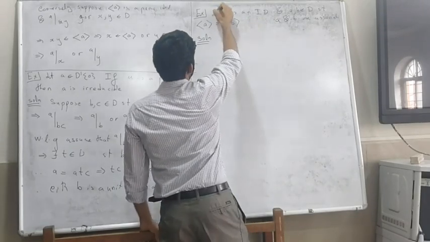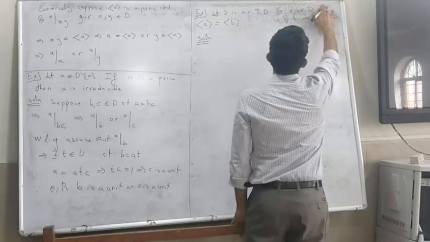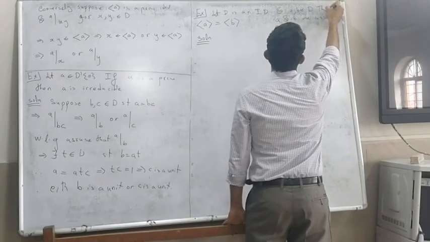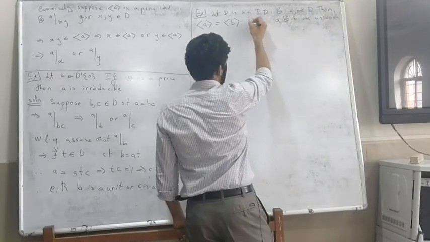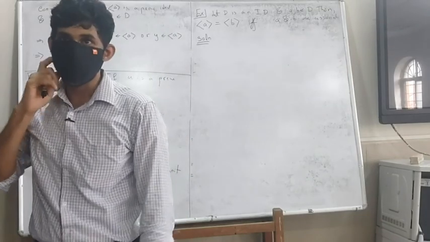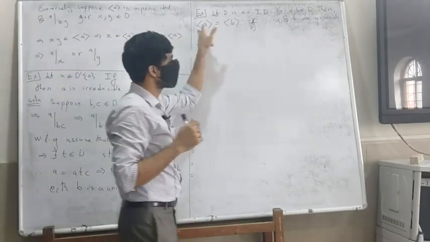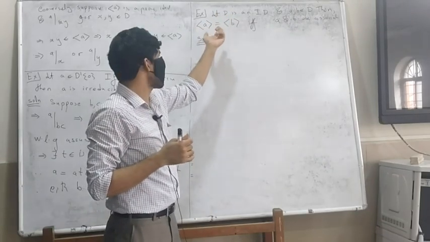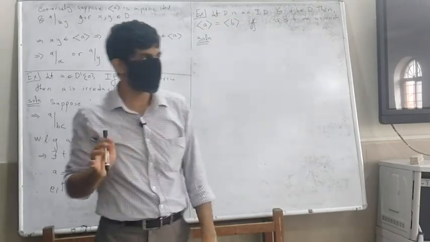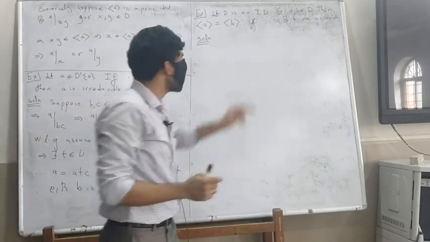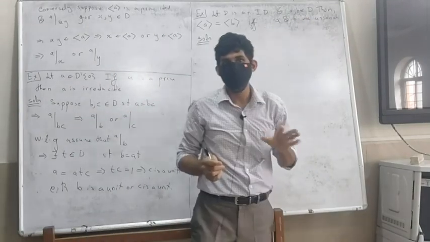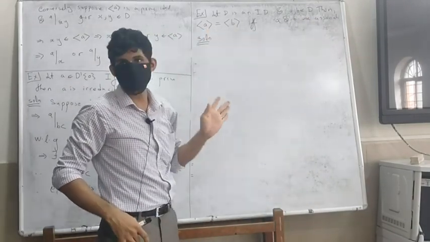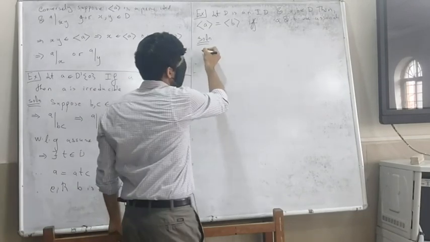You can in fact say that's an equivalent statement. Two ideals are equal, the two PIDs are equal if and only if the generators are associates. That's also one way is quite easy to see. If A and B are associates, it is very easy to see that the two ideals are the same. So let's prove that first.